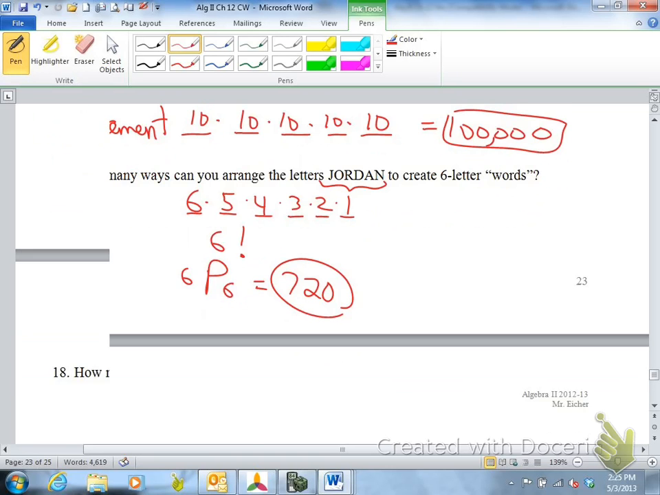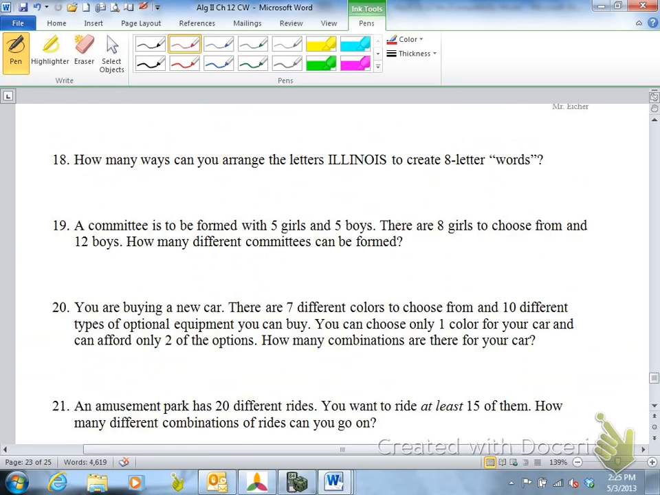Next page. How many ways can you arrange the letters Illinois to create 8-letter words? A key word here is arrange. Anytime you see arrange, it means use a permutation, nPr. Sometimes with permutations you could do it a different approach. So you could do 8 slots that you're filling, but this would be 8 permutate